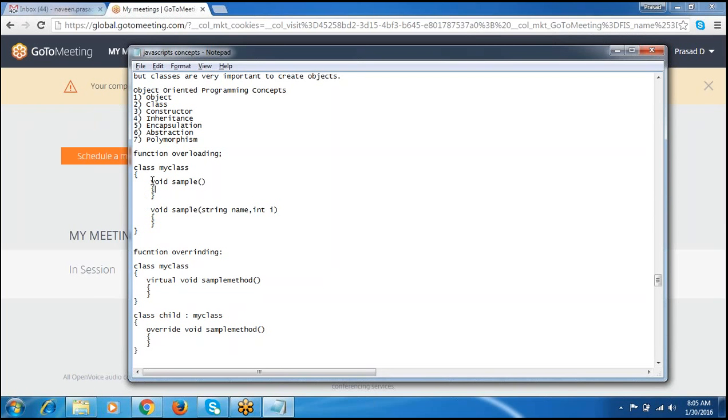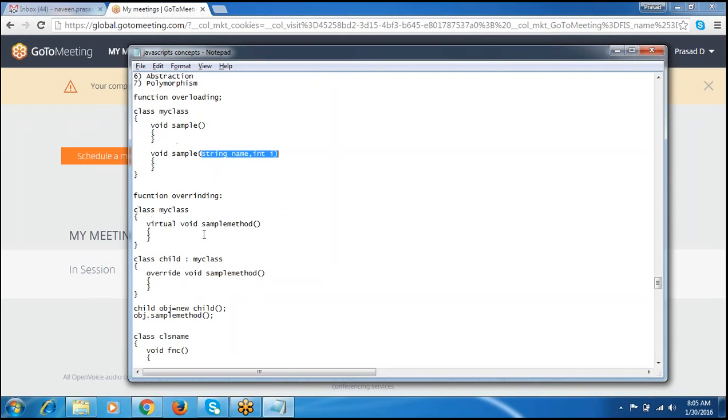Okay, within the class we have to use two different functions with the same name and different properties. First of all, for the overriding concept, we have one function in one class, the base class. In this base class, I created one function, sample method,